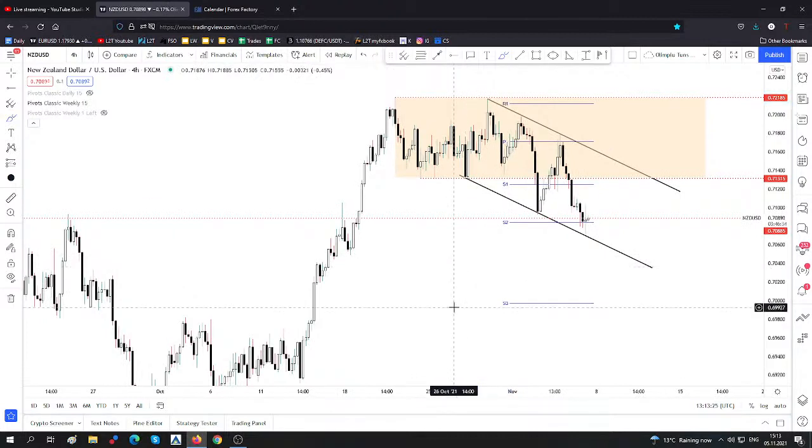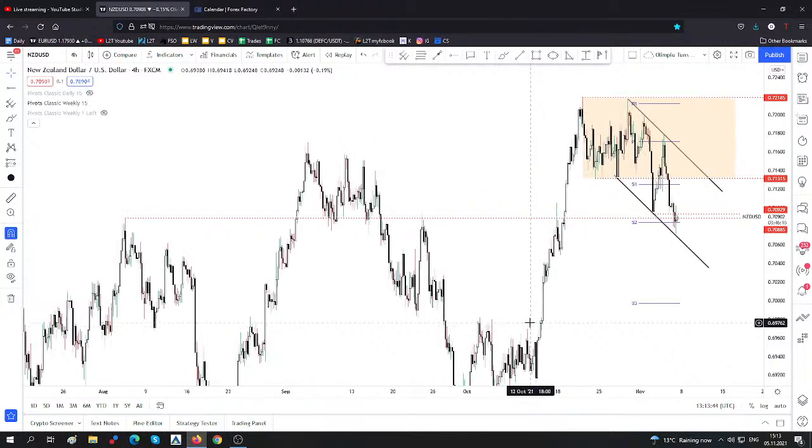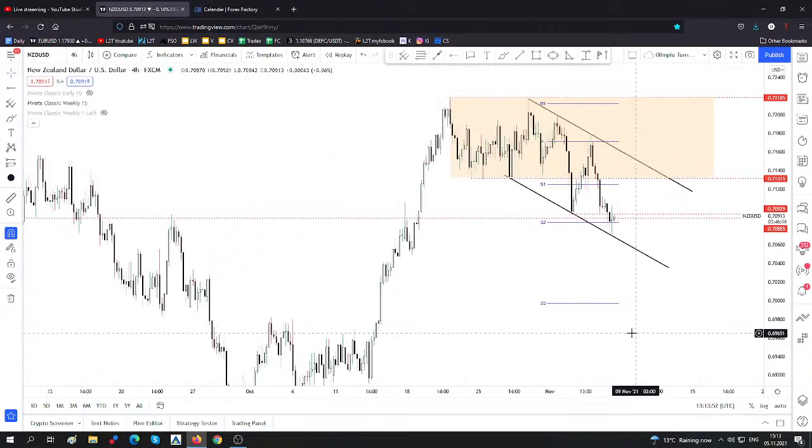The New Zealand dollar versus US dollar is still vulnerable as long as it stays within this pattern, if it maybe stabilizes below this former low or something. So personally I don't have something really good right now, because I've told you the dollar index is at resistance, and even if the dollar index is still strongly bullish, I'm still waiting for something like clear direction. If I get confirmation that the dollar index will extend its rally, then maybe I will look for shorts here or something.